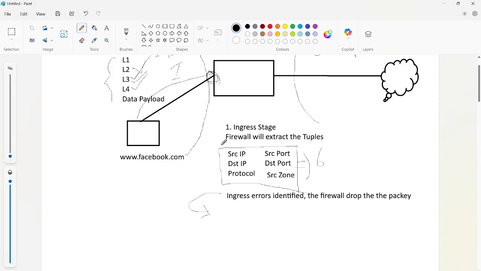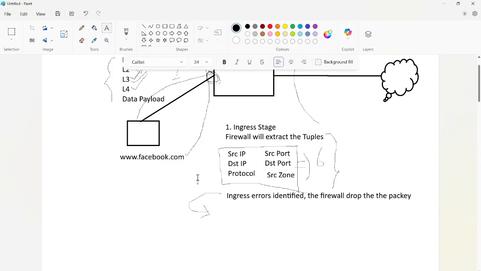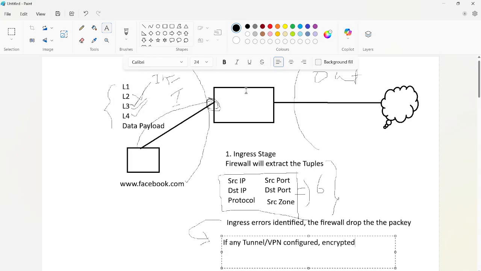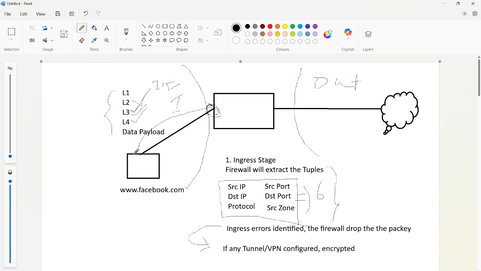This is the normal traffic. If any tunnels or VPNs are configured between your client and the firewall, the traffic will be in encrypted form. Whatever tunnels we are forming, the traffic will come in the form of encryption.